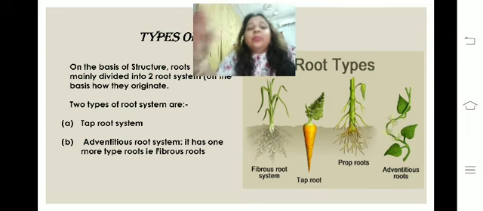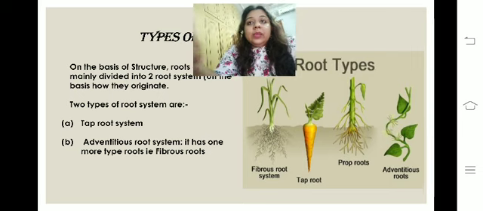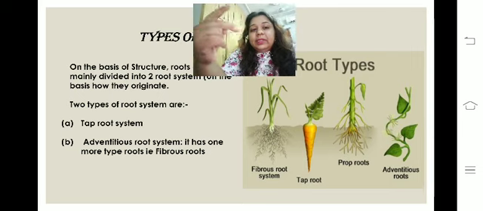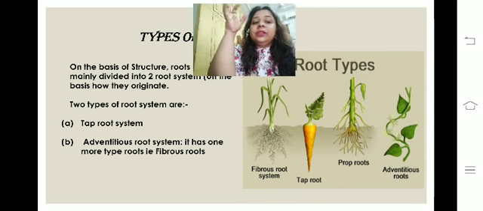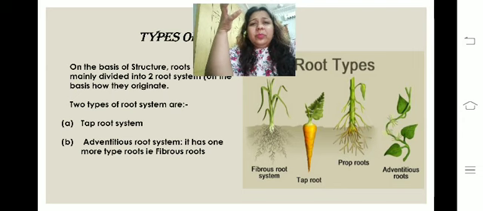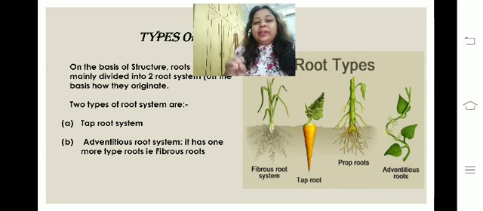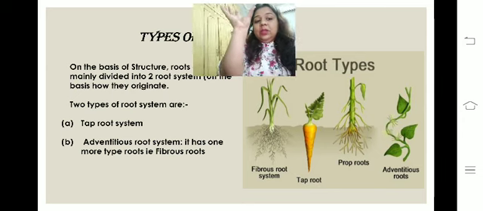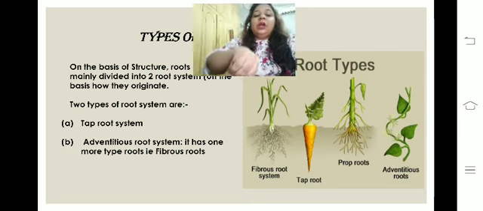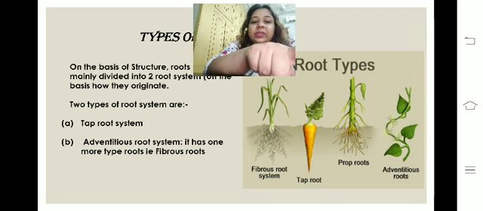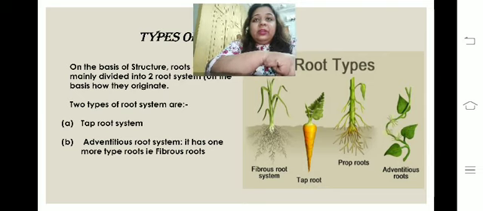As I said, the taproot penetrates deep down inside the soil. On that basis, the taproot system is of two types: deep feeder and surface feeder. The deep feeder has a long primary taproot, the one main taproot that grows vertically and penetrates deep into the soil. It is broader at the base and thin at the apex, and goes vertically deep down inside the soil, as you can see in the carrot in the diagram which I have shown here.